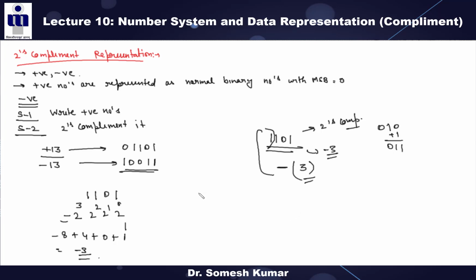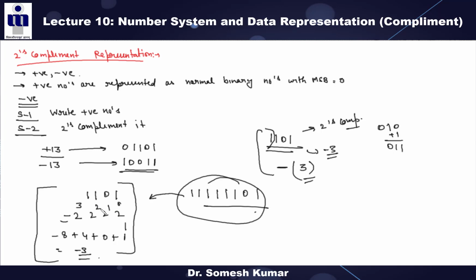Similarly, you can take any number. What is the equivalent decimal number of this? See, this is again minus 3. But if you try to solve this extended number of binary bits with this method, then what can it give? Wrong answer or right answer? Wrong answer. This method also has a limitation. This shortcut can be used only when the exact number of bits is there. If you have an extended number of bits, then it will not work in that case.